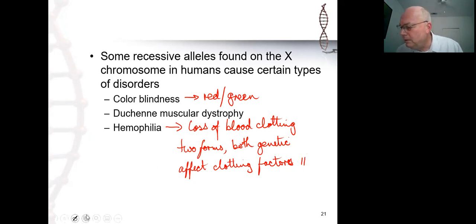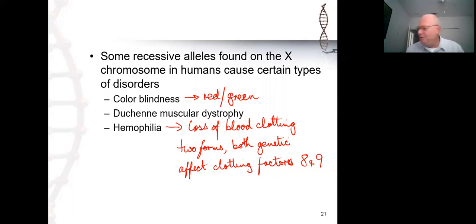I'm not going to write them in Roman numerals, which we normally do, because you may not recognise them. So it's blood clotting factors 8 and 9 are the ones that are